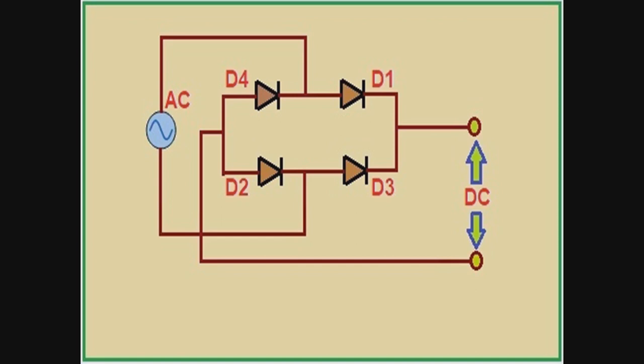Now the output of this bridge rectifier is DC, but it is not fully DC. There is impurity in the output, and that impurity is an AC component. We can filter it with the help of filters, such as a pi filter, capacitor filter, inductor filter, etc. Finally we will get pure DC. So the mixing of the AC component into the DC component is to be minimized with the help of filters.